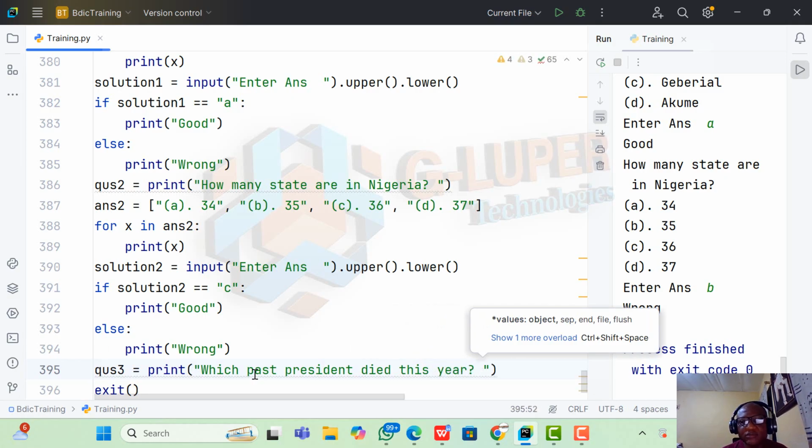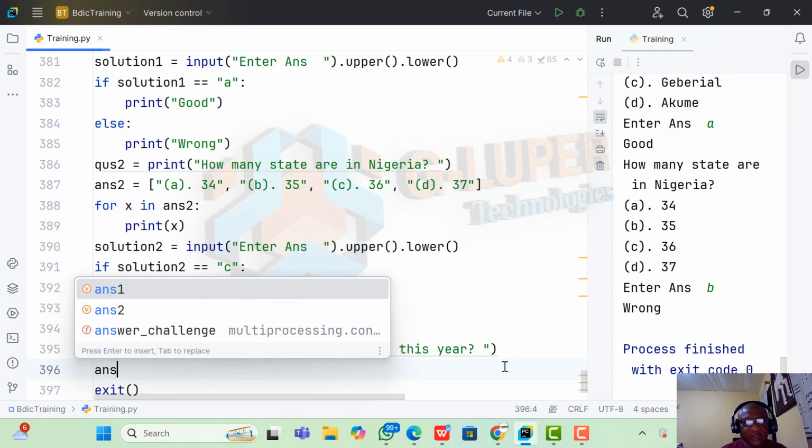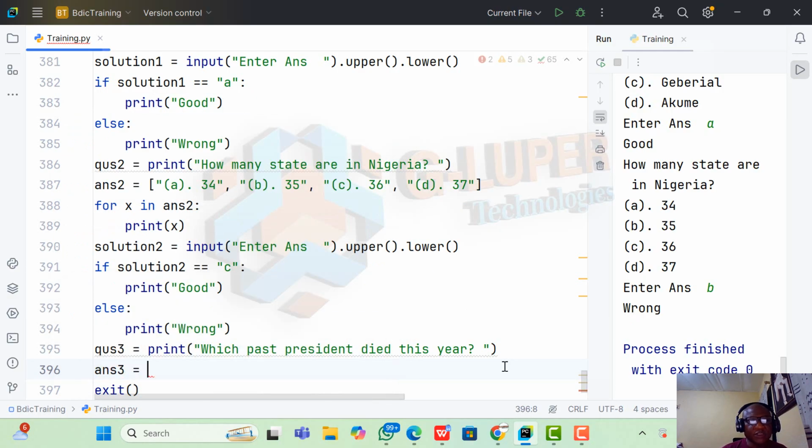So I can now say answer 3 is equals to, let me declare a list. We're using our list today. I can now say Ahmed, comma, Buhari, comma, Musa, comma,